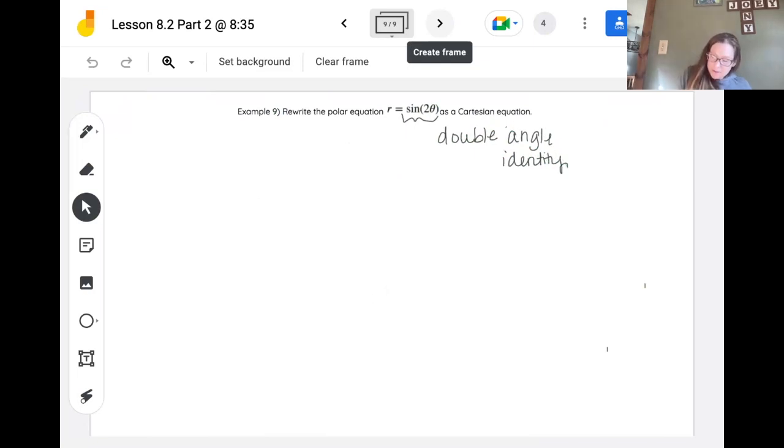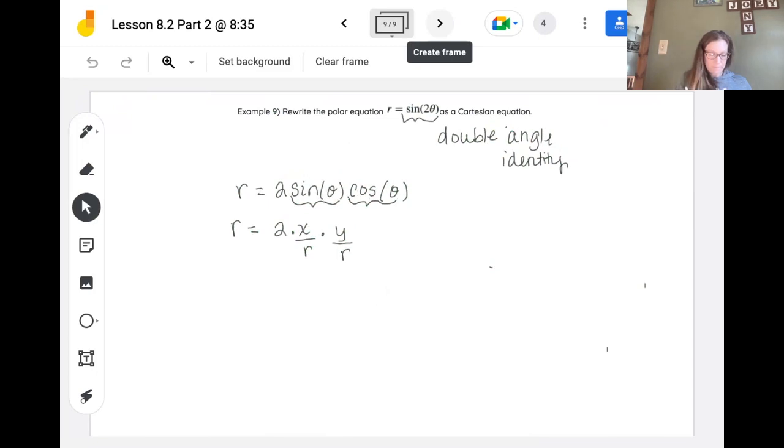We will rewrite this then as r is equal to 2 times sine of theta cosine of theta. Again, I know that sine of theta is x over r and cosine is y over r. So that'll eliminate the trig portion, and then we'll have to worry about the r portion. r is then 2 times x over r times y over r. This then gives us r is 2xy